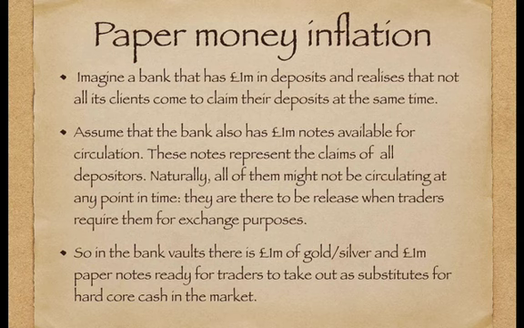In other words, alongside its gold and silver reserves worth 1 million, it's actually printed a bunch of 1 million notes. These notes represent the claims of all the depositors. Now, naturally, all of them might not be circulated in the market economy at the same time, but they are there to be released when traders require them for exchange purposes. You know, when you go to the cash machines and you pull out some notes, right? So in the bank vaults, there's 1 million of gold or silver and 1 million of paper notes ready for